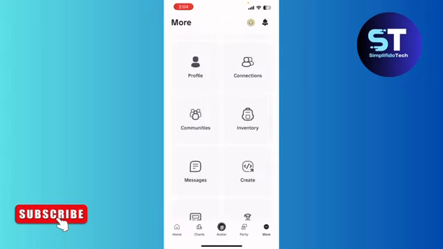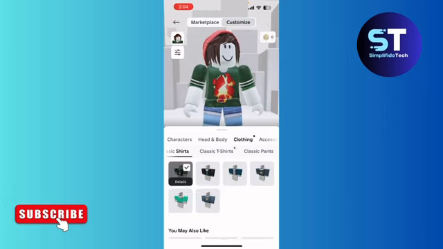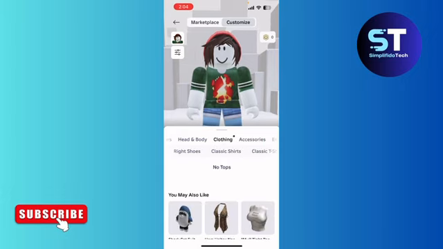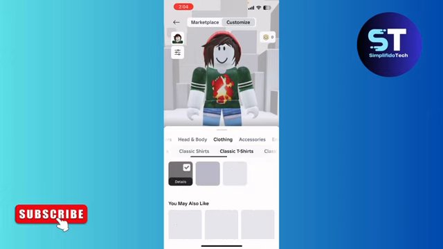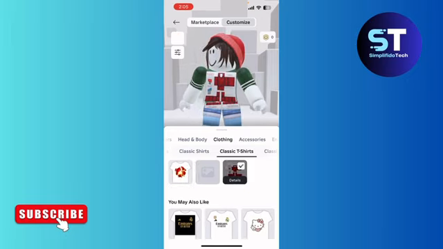And then head over to your avatar section by clicking on the bottom menu at the center right here. And then make sure you click on Customize. Click on Clothing. And then scroll this and find Classic T-shirts. So you are going to find your t-shirts right here. You just need to click on the t-shirt you want to wear and it's going to be applied to your